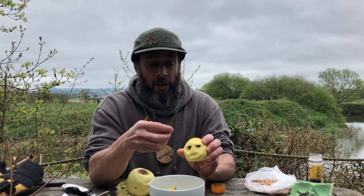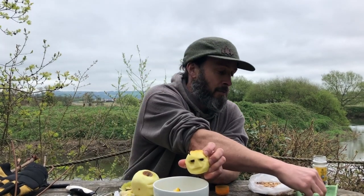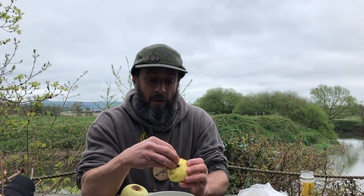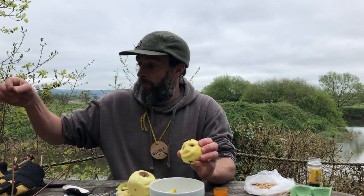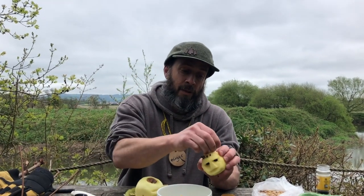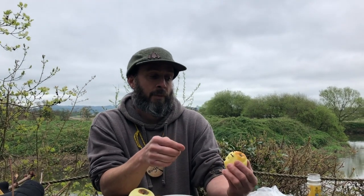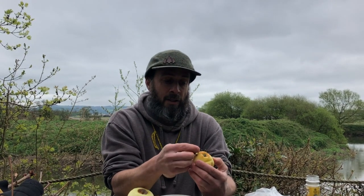And then if you've got cloves in the kitchen, you can probably ask your dad. Then you can also decorate him with little cloves, and then pop those in. You could also use things that you find in the garden, or out on a walk you might find, like sharp sticks that we can also stick in, so that he looks even more scary. So I'll pop one last one in,